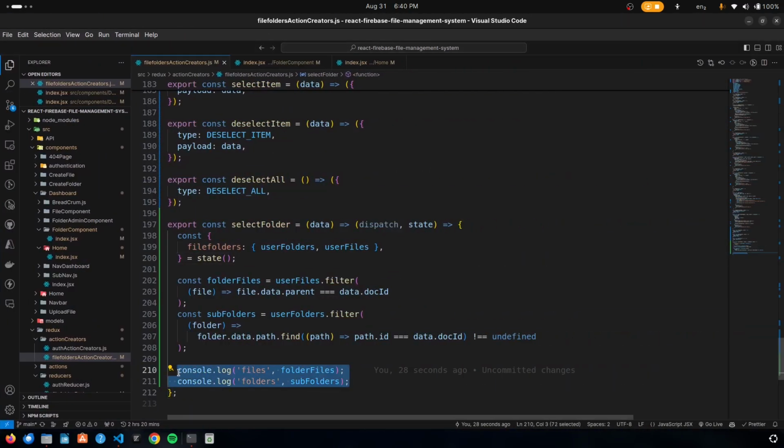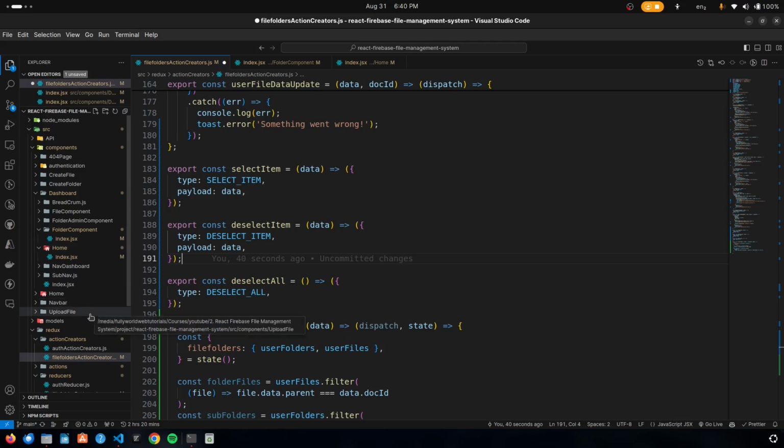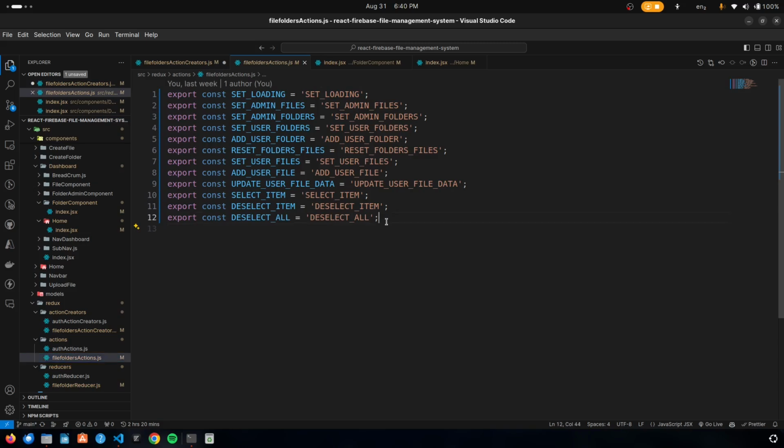Now what we have to do? So we have to just add these ones here. So for that, let's create one more action here to select those particular items. So instead of this one, I'm going to create one more action here. Let's go to the file folder actions, and here I'm going to create one export const